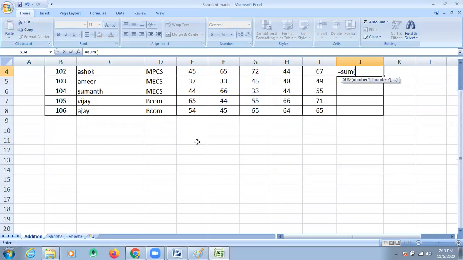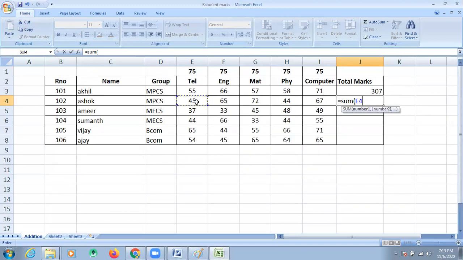So look here, E4 already came. Give a colon, not semicolon, E4 to I4, close that bracket, and give enter.